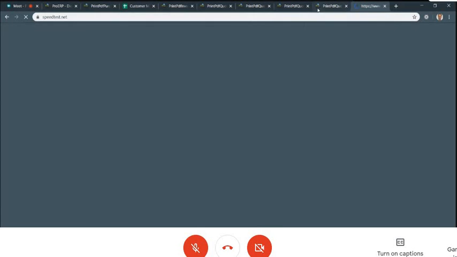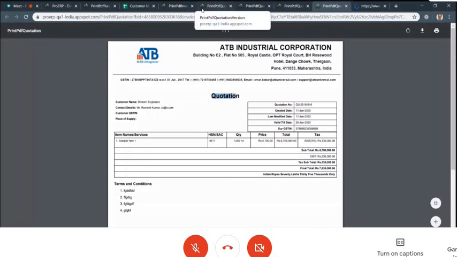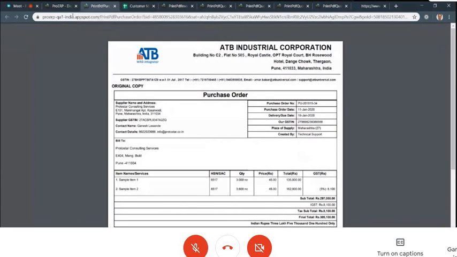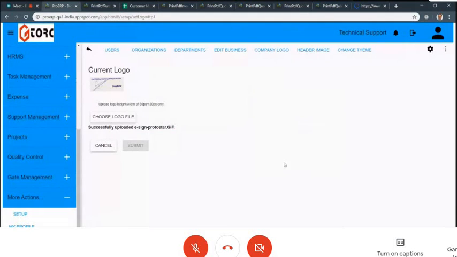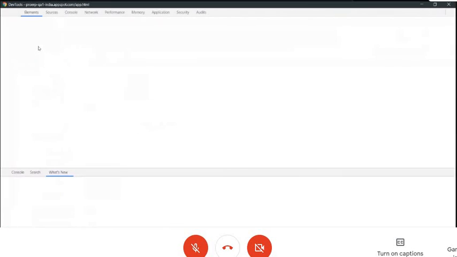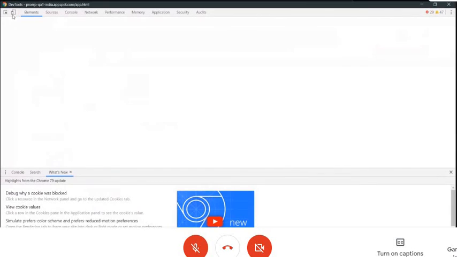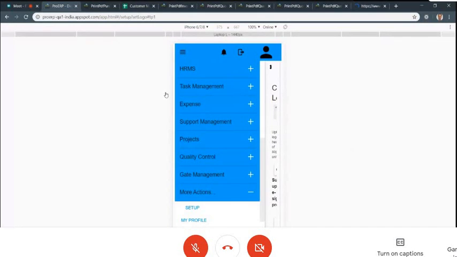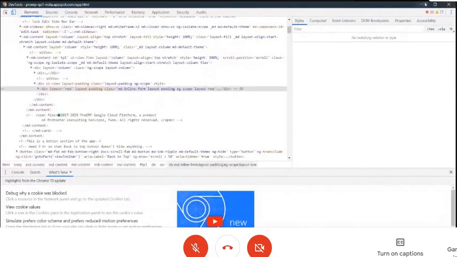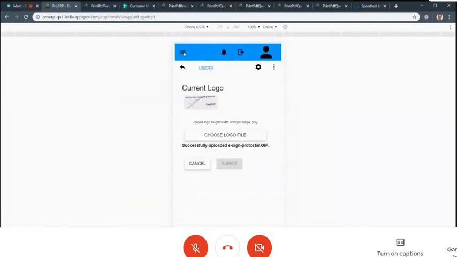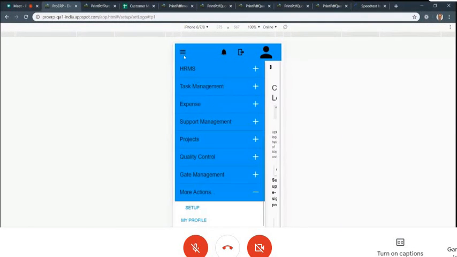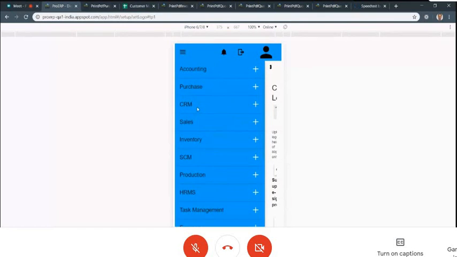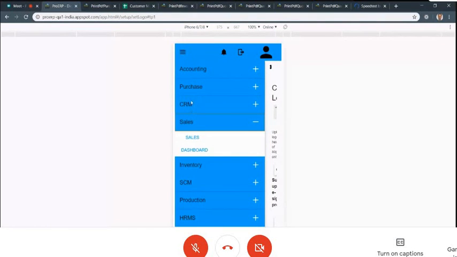Okay. Last question. Does it have a mobile application for CRM? The responsive site is placed on mobile as it is. I'll just demo it immediately. Suppose we are on mobile, this is how it would look. The left-hand side will get tucked in automatically. You can use these modules, even if you have to create an invoice from here.